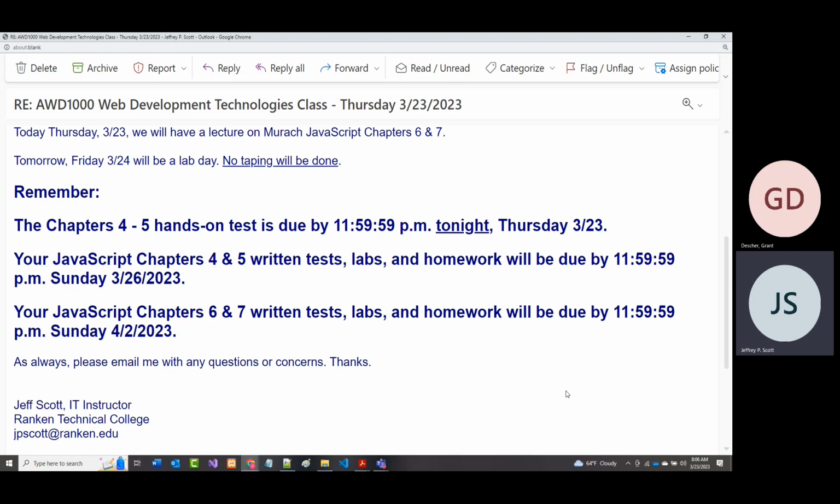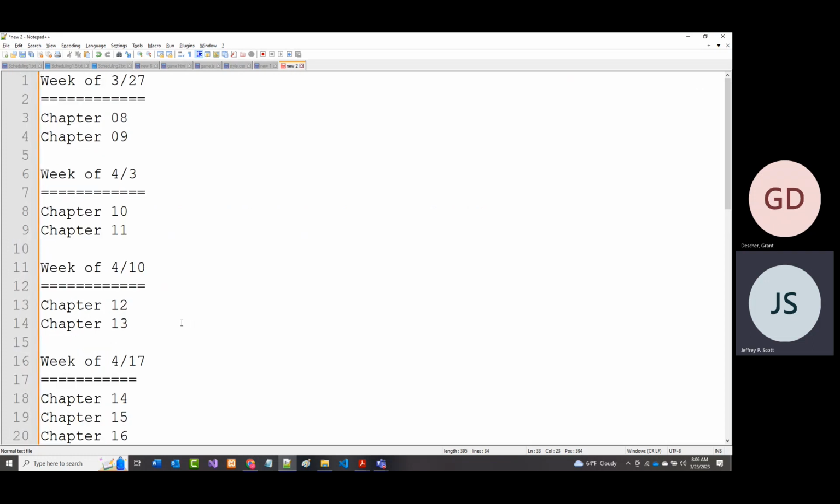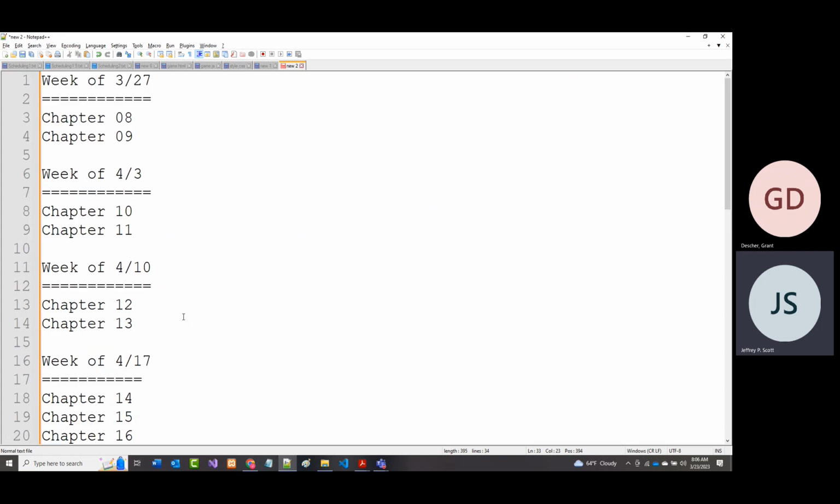I'm not going to make anything due on Easter, which is the 9th, but we'll see how that all plays out next week. So let me close this. And I've kind of laid out something that I'm hoping we're going to be able to follow for the rest of the semester. So next week is the week of the 27th, and I'm hoping that by no later than a week from today, we'll be able to go over chapters 8 and 9, which are our first two chapters on